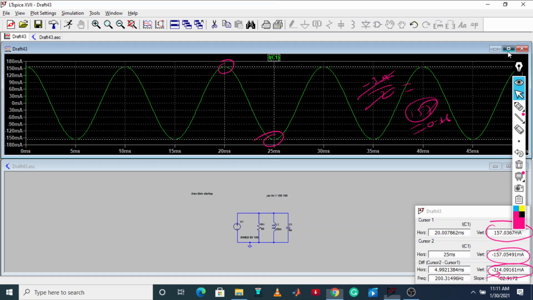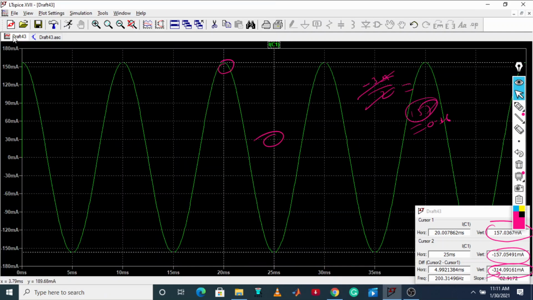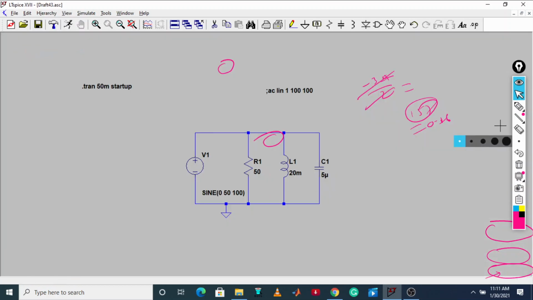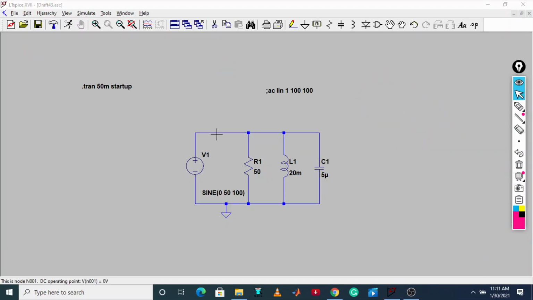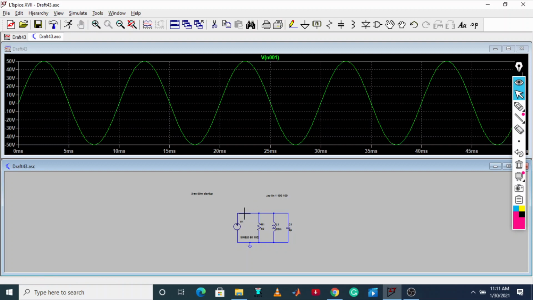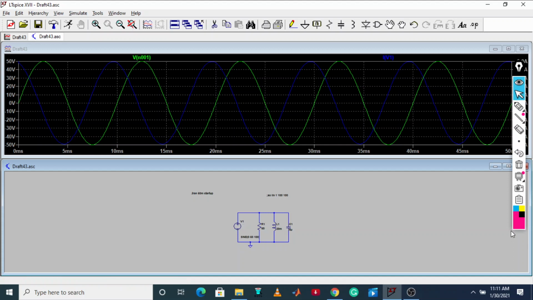Now from here we can calculate the power factor also. How will we calculate the power factor? Now just close this one again, delete all this. Now we need to calculate the voltage and angle. Now I am running this one. If I press over here, it is going to give me voltage, but automatically it is showing the current in this direction only. So it will calculate the current downward. What I was saying initially is that it always calculates the current downward. So we need the current this way.